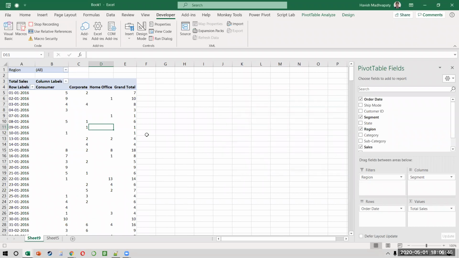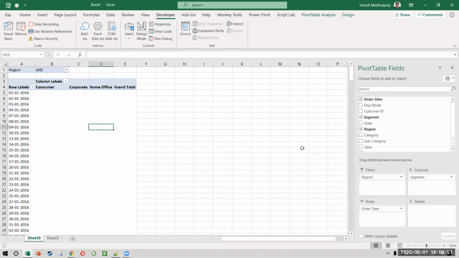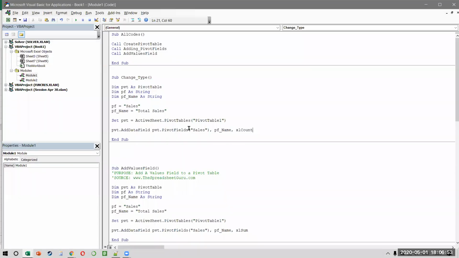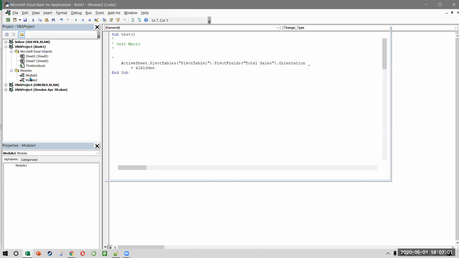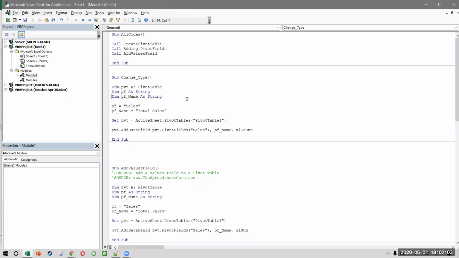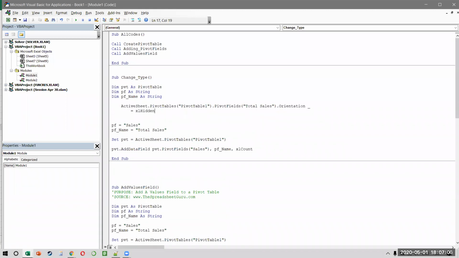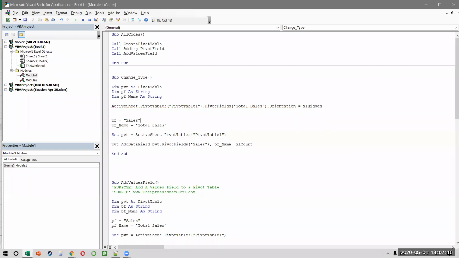I just call this test. I will just move my total sales outside so that I delete it. I will stop my recording. Let's see what has been recorded now. So we get this small recording, which is removing the older one. So what I can do is I can just come here and say that first you remove the older one and then you apply the new one. Let's see how this works now.